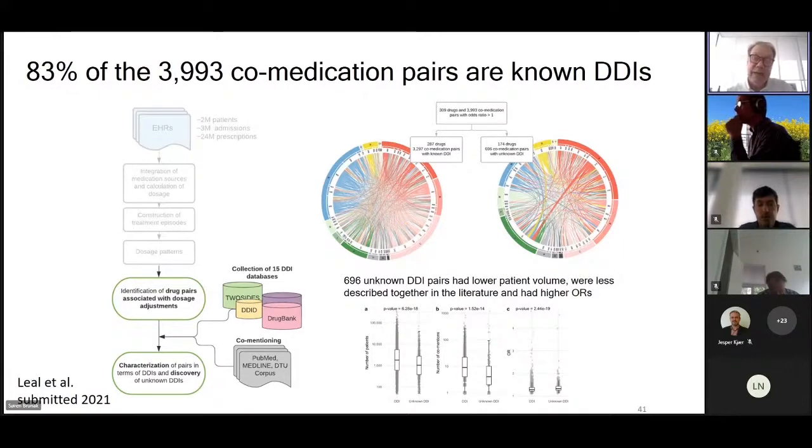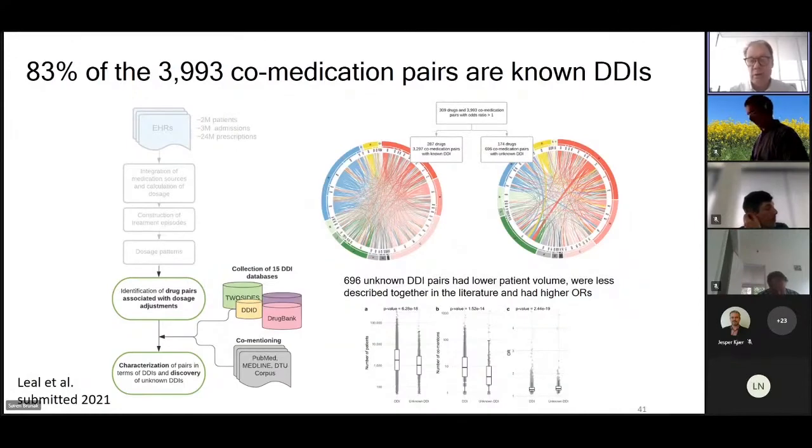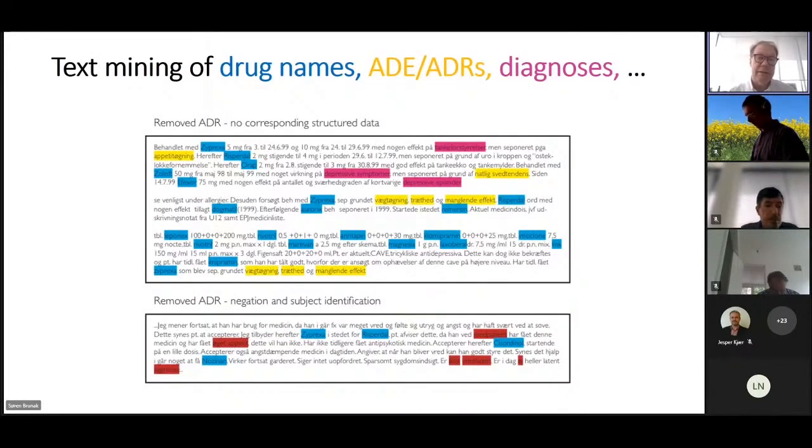But it sort of illustrates how an analysis of systematic dosage changes can point you in the direction of potential undiscovered drug-drug interactions. But why did we do all this work? Also, it is of course because we want to look at the adverse events and the adverse drug reactions. So we did already some years ago publish a study on the St. Hans Mental Center, St. Hans patient records, where we actually mined all the adverse effects that are mentioned on the Danish SPCs,